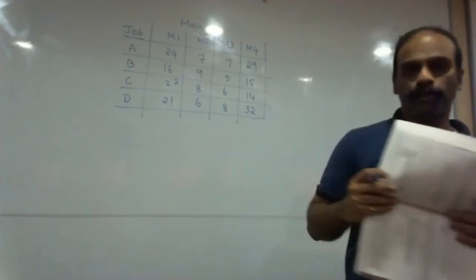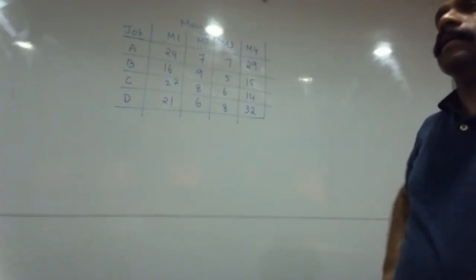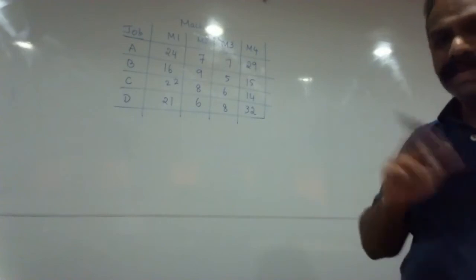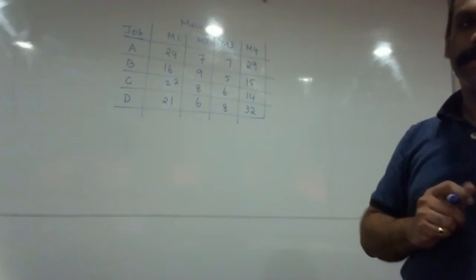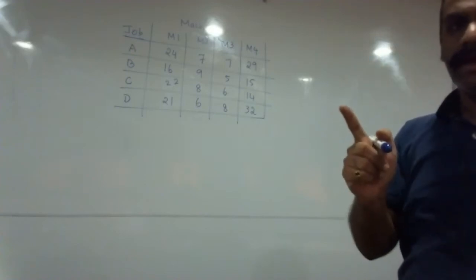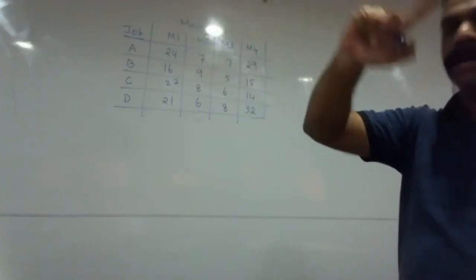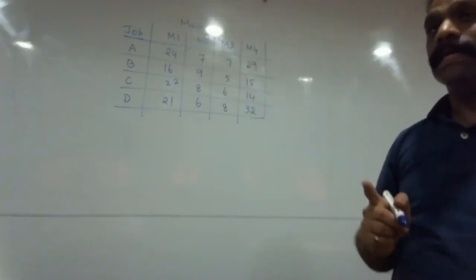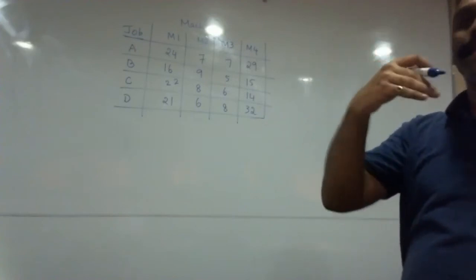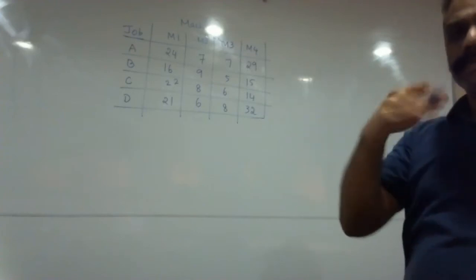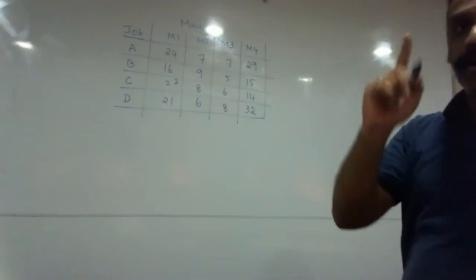Before I start solving the problem, I wanted to ask you one question. If you remember, in method 1 and method 2, that is case 1 and case 2, we were talking about the order of the problem. Suppose there are only two machines A and B, either the job could be processed in AB or in BA. Those are two possibilities. If it is a three machine problem ABC, then it could be ABC, ACB, CAB, CBA, many orders. Depending on that, even the formula could change.